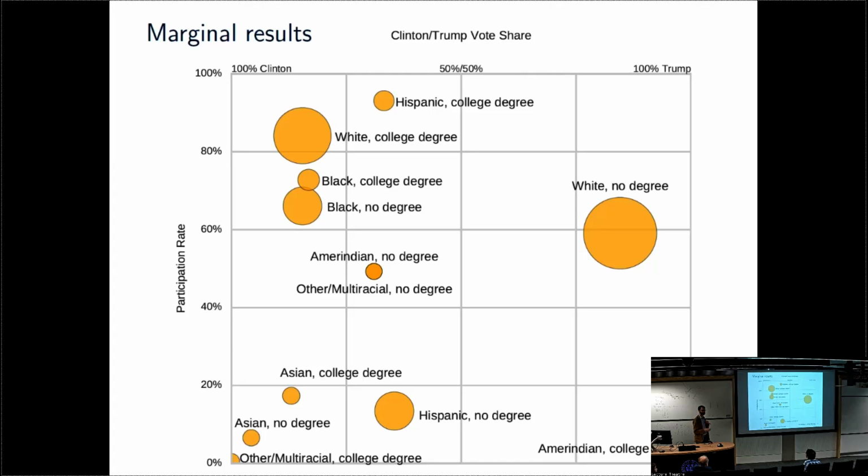Yeah? The size of the circle, does that reflect the size of the population? Sample size, yeah. And so, yeah, I think probably we should just get rid of things that are below a certain size. And we already had to do some sort of nonlinear scaling just so that this didn't take over the whole plot. And so these are really small.